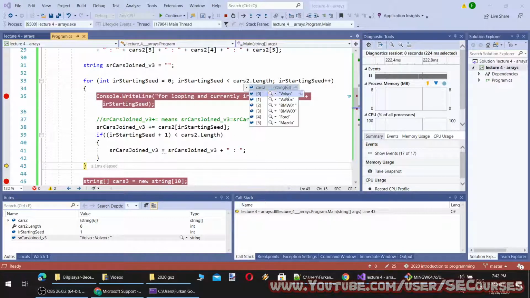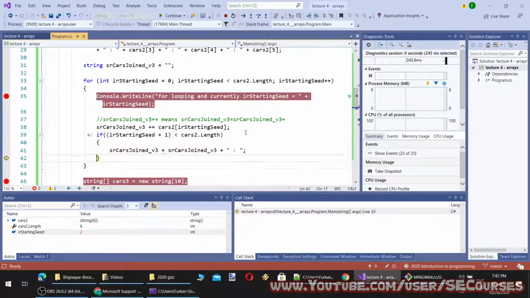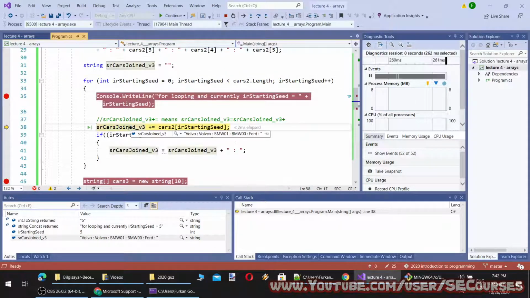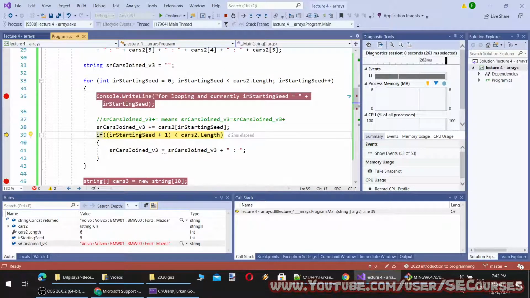You see the first value and the second value are added together, merged, and the seed is currently 1 and it continues, and the seed is currently 4, continues, and seed becomes 5, continue, and it will check whether the seed is smaller than the length or not.